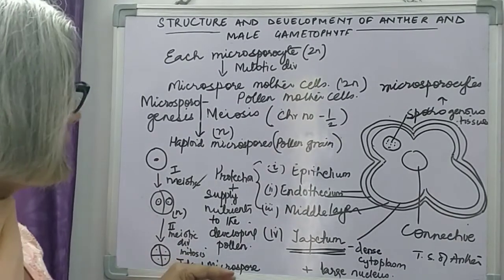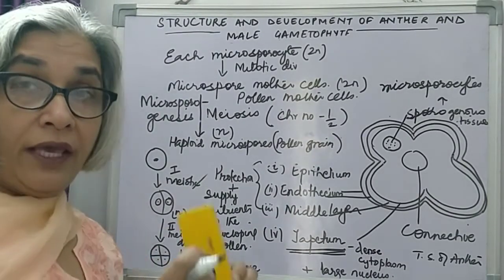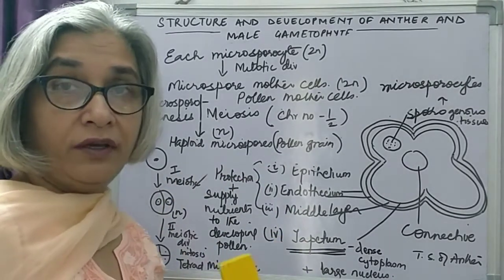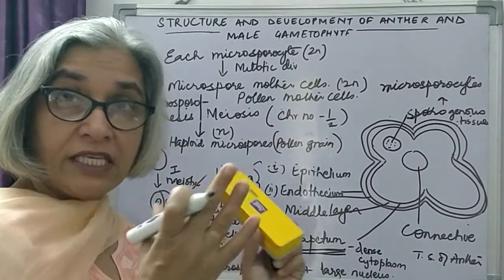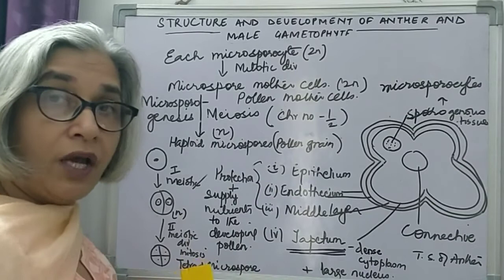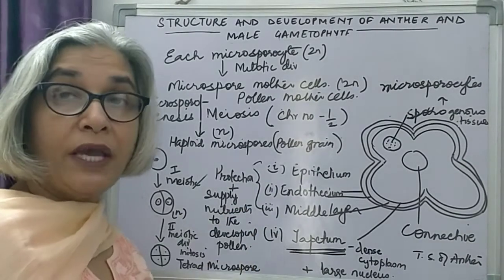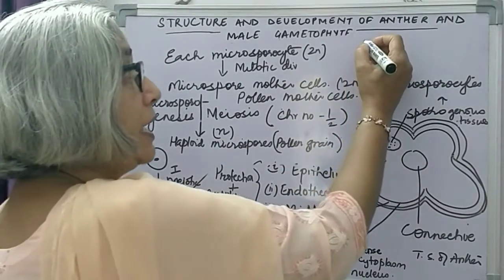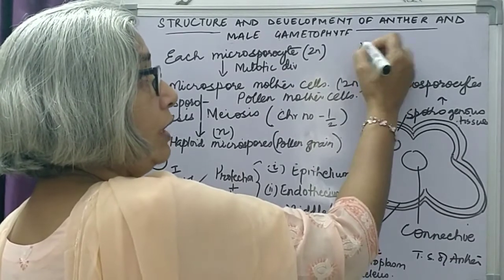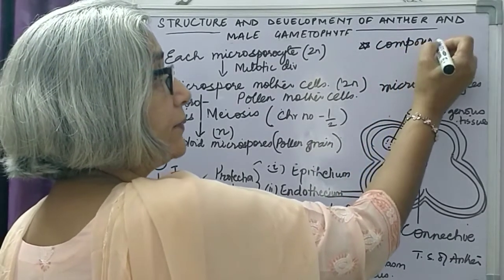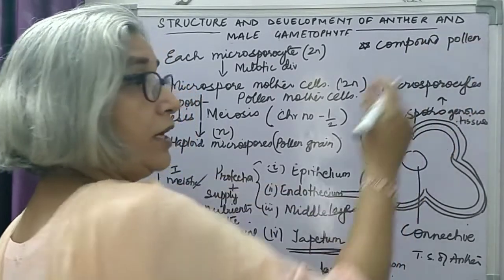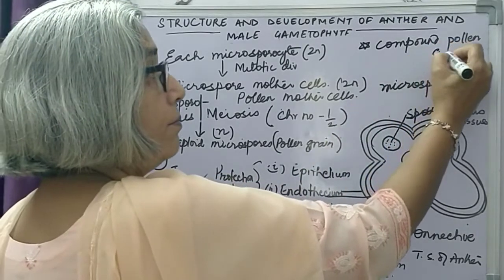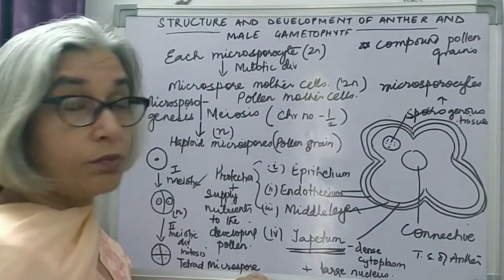Now these microspores that are formed, they separate from the tetrad as the anther is maturing. So before dispersal or dehiscence of the anther, so that the pollen grains are let out, these microspores separate from the tetrad. But in some cases, they remain as tetrads, and then we call them compound pollen grains. When they do not separate from the tetrad and pollen grains are present in clusters or in groups, we call them compound pollen grains or compound microspores.